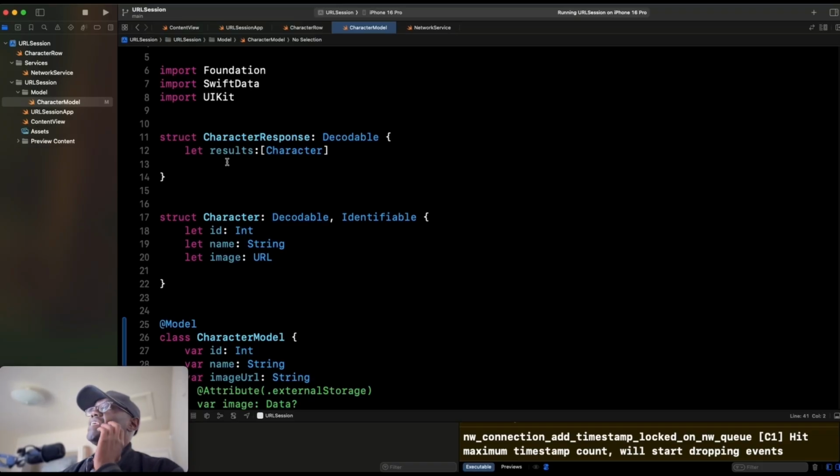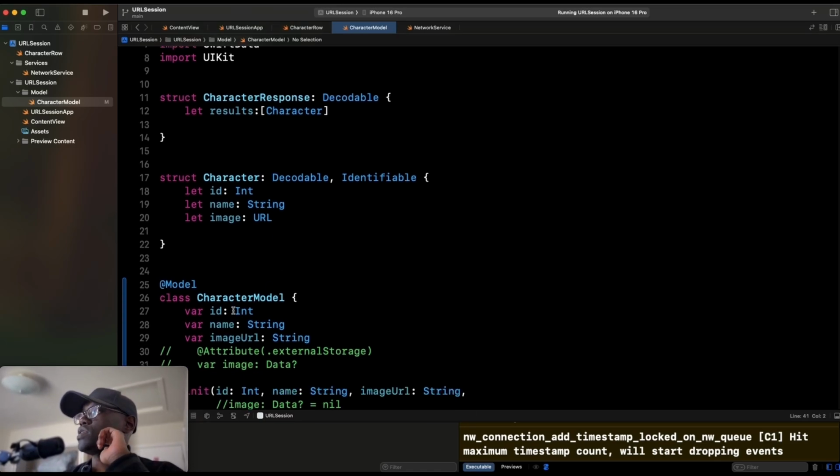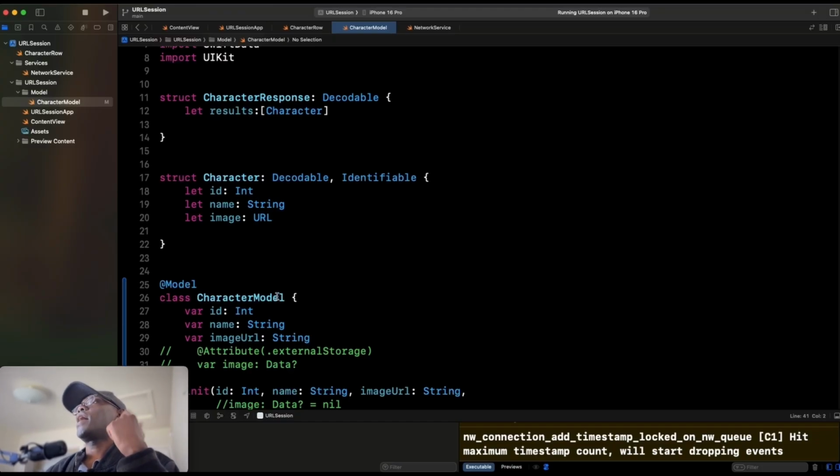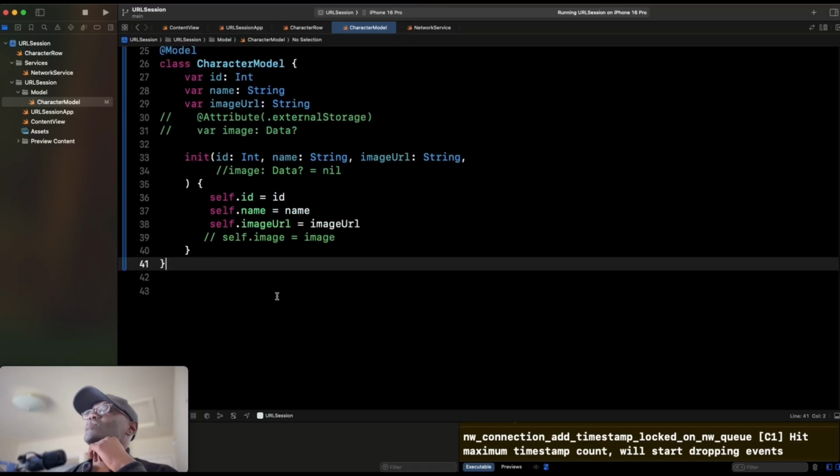Before, we split the character response into the array of the results, and then into each single character. Here we're not going to do that. We're just going to jump directly to each single character, so it's going to be our character model. That's the first thing. The next thing is we're going to remove the use of the network service. We're going to create an extension for the character model,